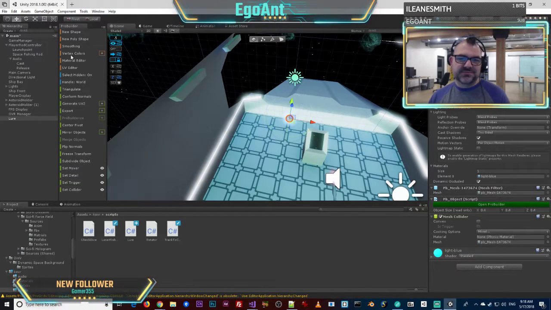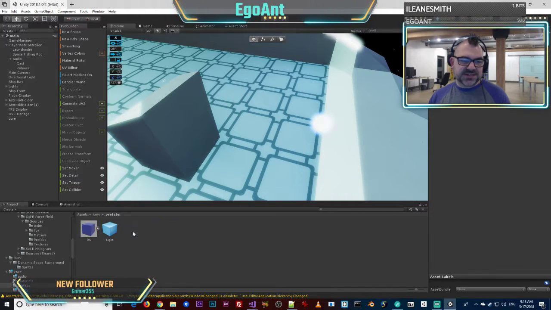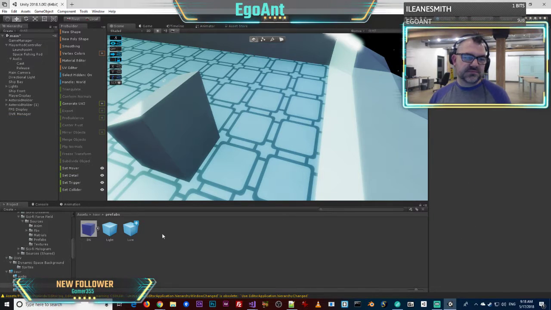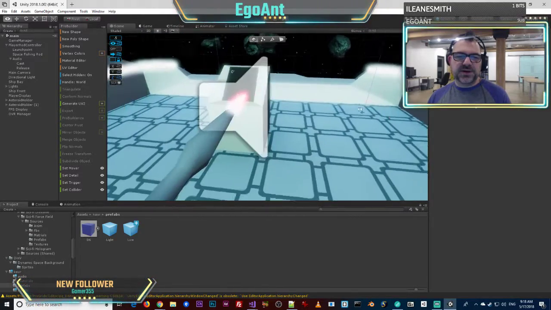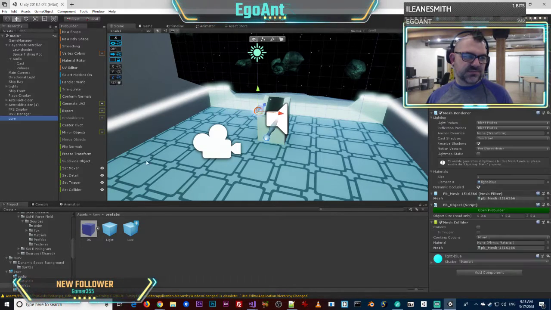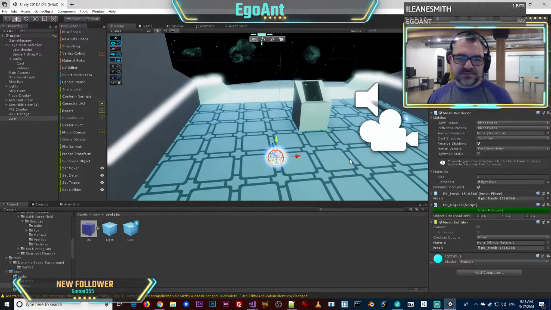All right, so let's bump that into our prefabs just as is. Good. We probably won't actually need to spawn it over and over again. We'll probably just have one lure that comes out every time. Let's see how big that is compared to our...